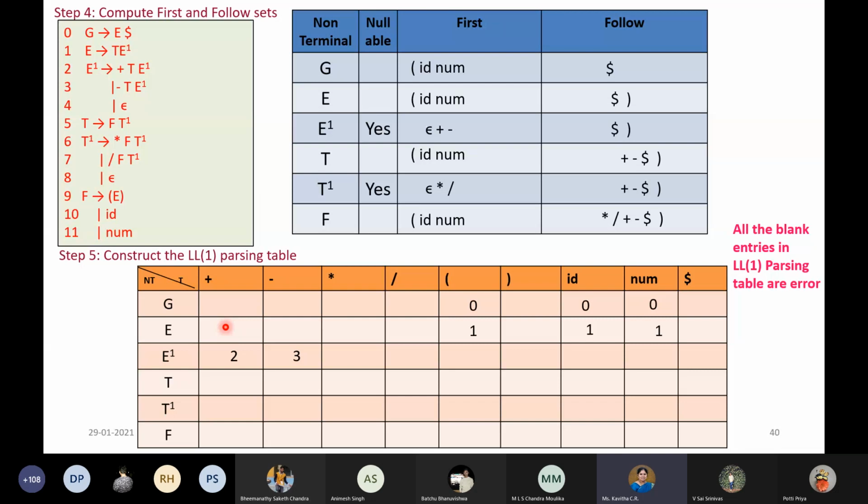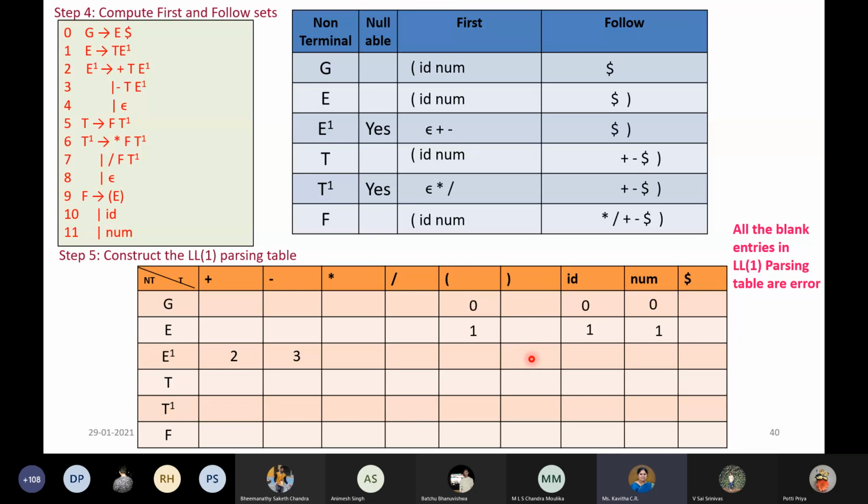Now, suppose I have epsilon. I told you it has to be handled in a different way. Whenever epsilon occurs in the first set, you handle all other symbols as usual, but only for epsilon you have to look at the follow set of that particular non-terminal. I am dealing with E dash, so I have to look at follow of E dash. Follow of E dash is dollar and close parenthesis.